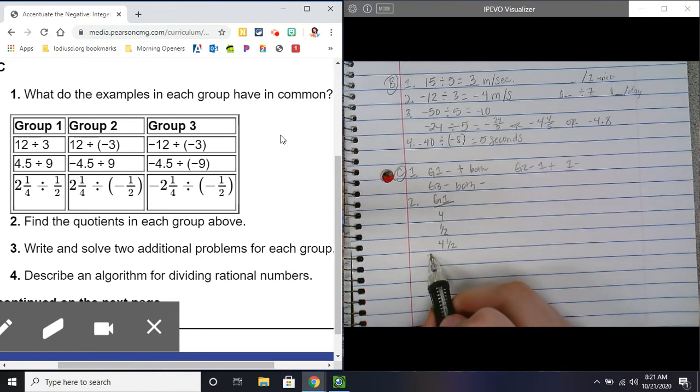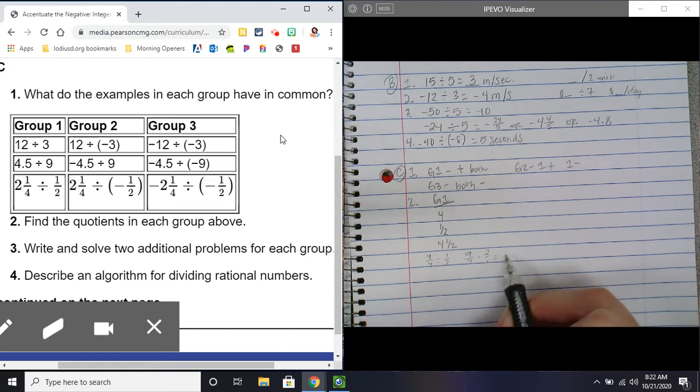So the first one is 9/4, and then divided by 1/2. You have to remember that when you're dividing fractions, you basically flip this one around and do multiplication. So that would turn into 9/4 times 2/1,